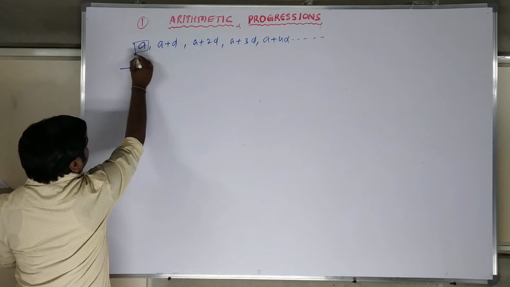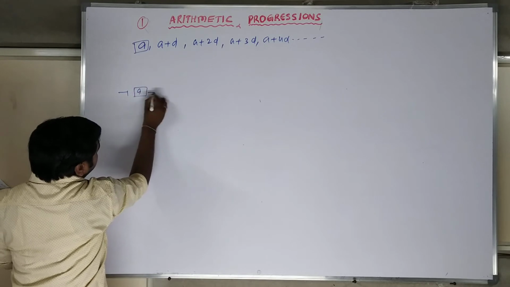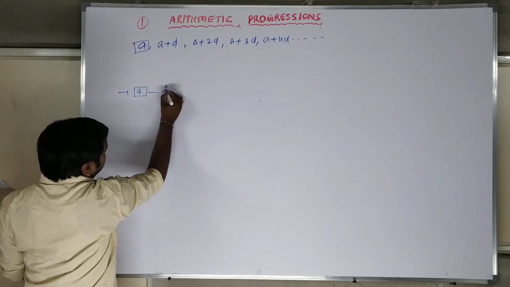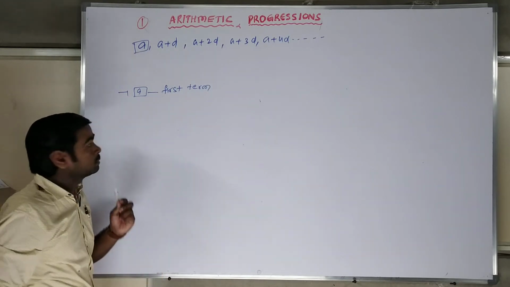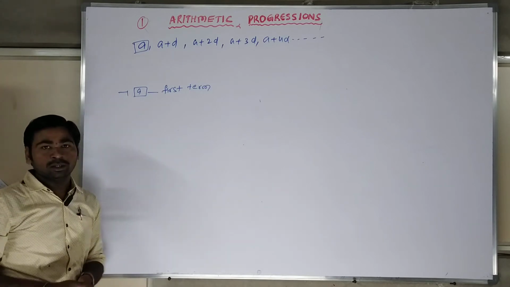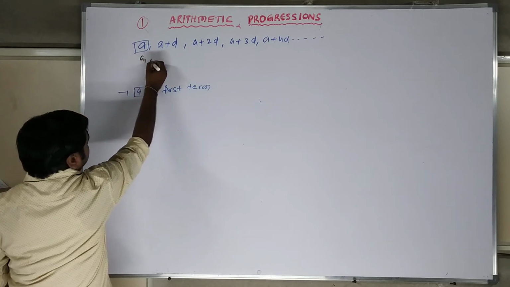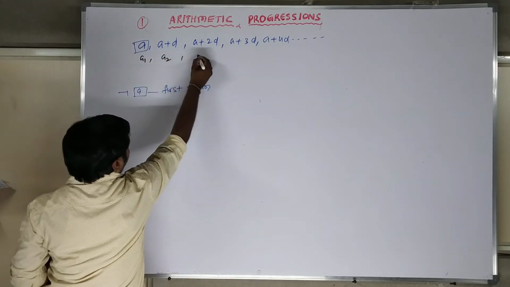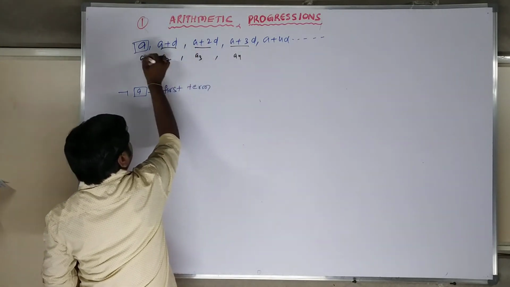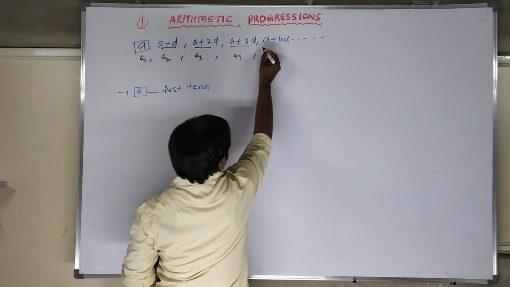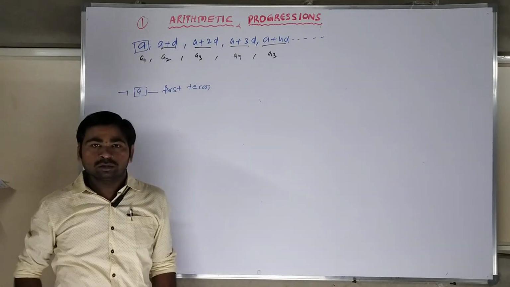In this, the first term we generally write as a, small a, and technically we call it the first term. Clear? Next, the representation of terms is also different. I can write the terms representation. Generally the first term we write as a1, the second term a2, the third term a3, the fourth term a4. Like this, the terms go on. The nth term we will also define.